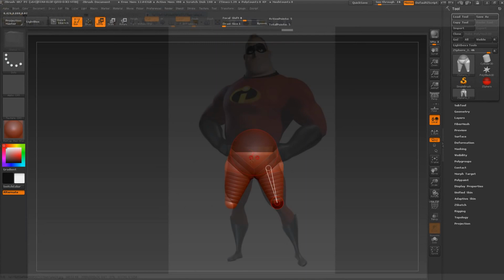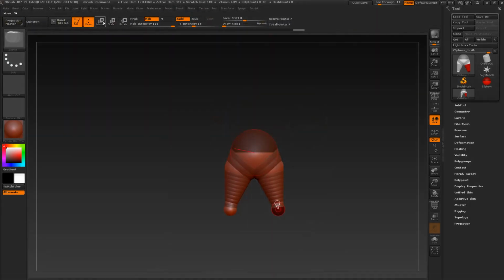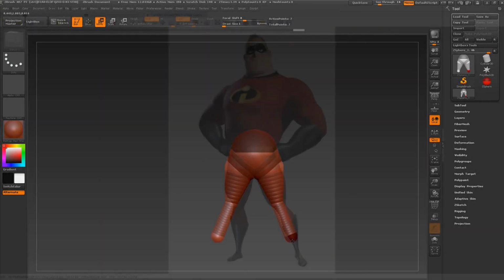We will obviously refine the character later, so let's add a new sphere and move it down. Now let's scale this down. It has very thin